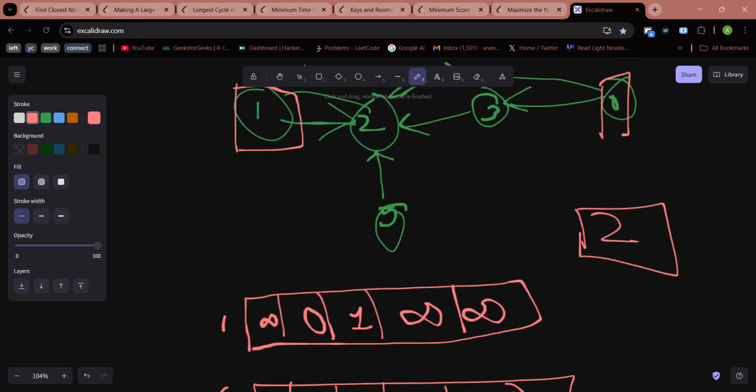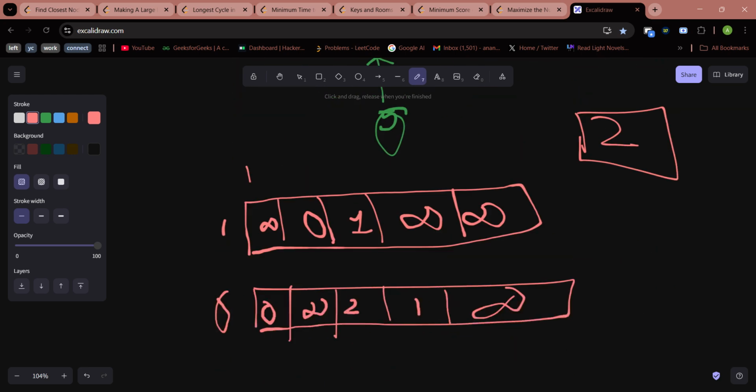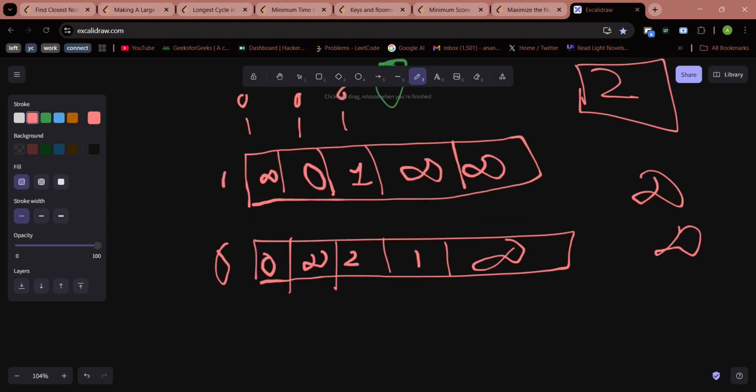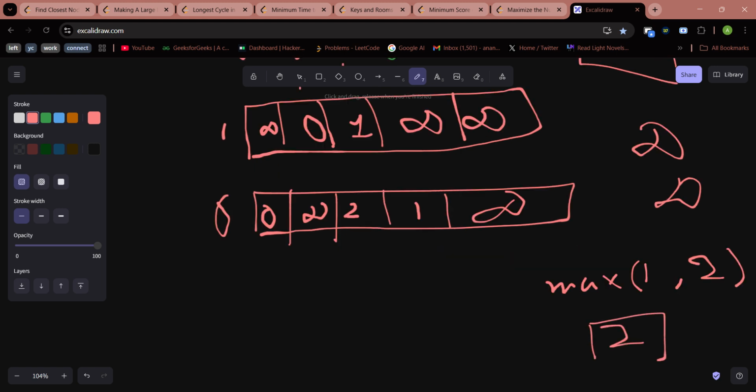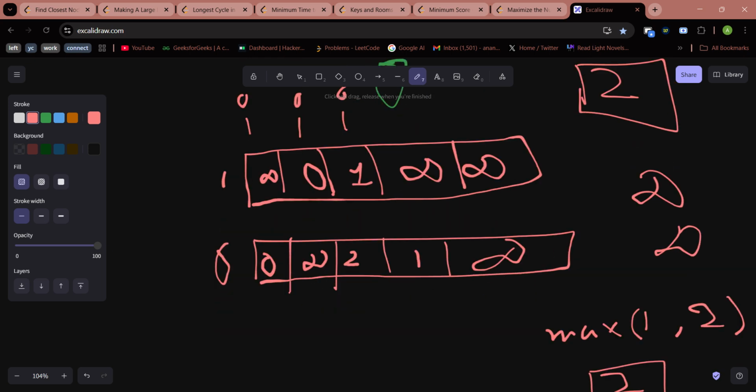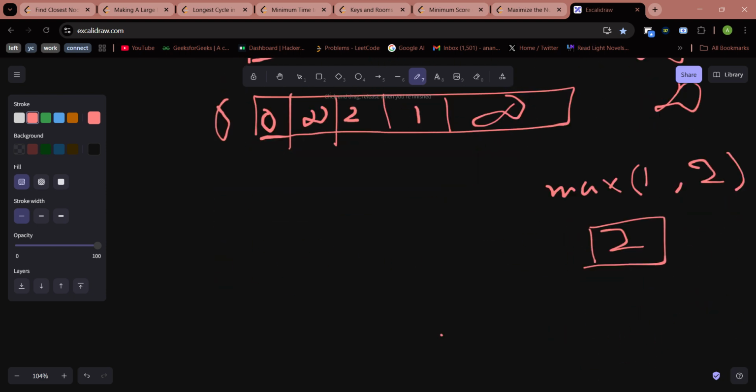ओके, नाउ हमें 0 और 1 से मिनिमम डिस्टेंस फाइंड आउट करनी थी। इंडेक्स यहाँ से स्टार्ट करी। फर्स्ट कंपैरिजन नोड 0, 0 पे 0 की डिस्टेंस 0 लेकिन 1 पहुँचने की इनफाइनाइट, तो इनफाइनाइट है, आंसर बहुत बड़ा है। अब नोड 1 पे आए तो नोड 1 से पहुँचने की डिस्टेंस 1 है लेकिन नोड 0 से 1 पहुँच नहीं सकते, तो अभी भी आंसर इनफाइनाइट। नोड 1 से 2 पहुँचने की डिस्टेंस 1 है और नोड 0 से 2 पहुँचने की डिस्टेंस 2। अब इसमें से मैक्सिमम ऑफ दिस 2, तो 2, क्योंकि दोनों में से मैक्सिमम निकाल के हम अपने पास स्टोर करेंगे।